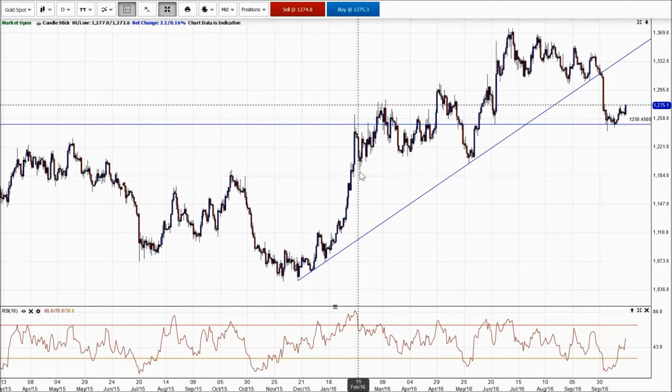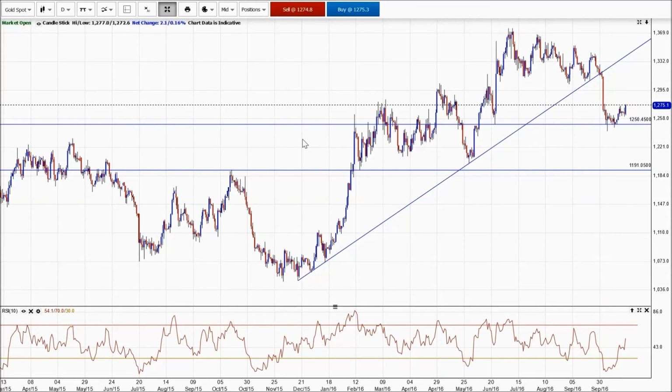Then we've got much bigger levels back here from Feb, just as it was sort of clawing its way up and making its way through the 1200 mark. So we've got sort of 1190 to 1250. So for me, I think regardless of who gets in the White House, I think that the bias for gold